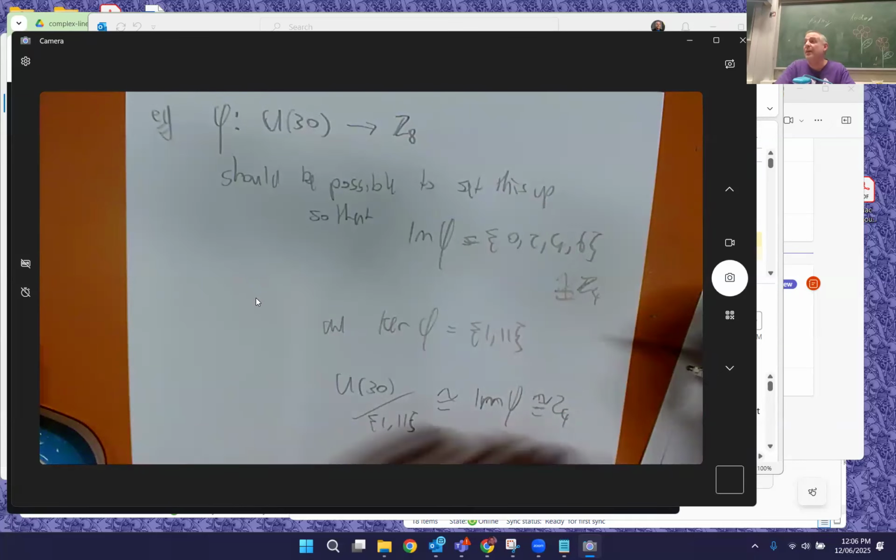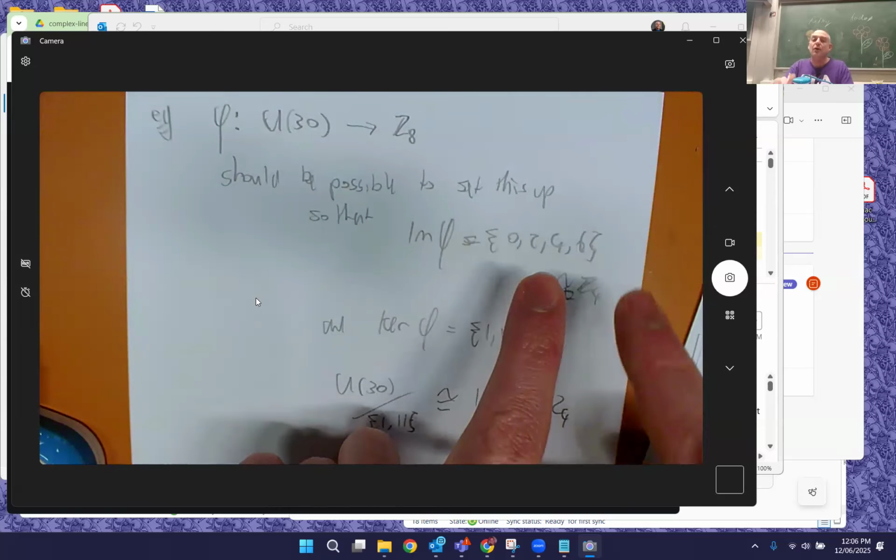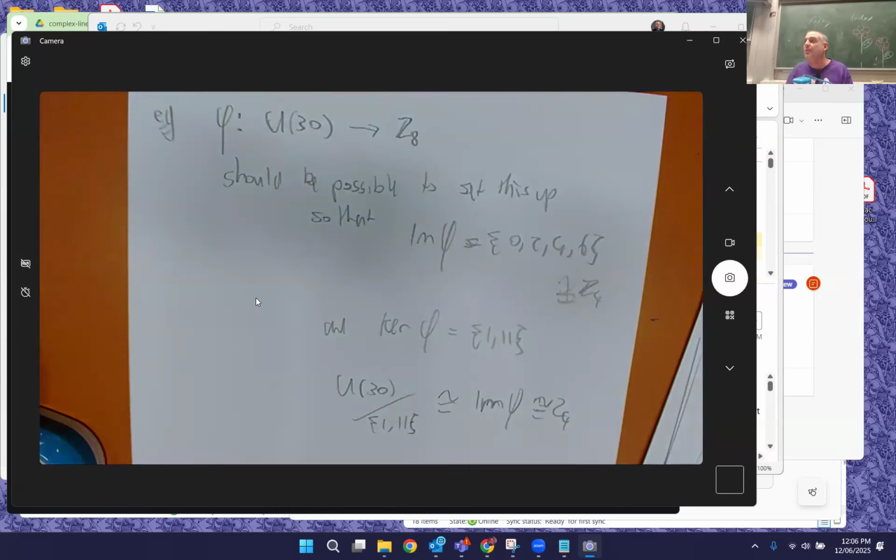It should be possible to set that up based on the homomorphism theorem and based on what shape we know this is. And this group can be found inside Z8 as the even numbers. So it should totally be possible to set up something that only sends 0 and 11 to 0, and everything else is sent to only even numbers. I cannot think of one at this time, but